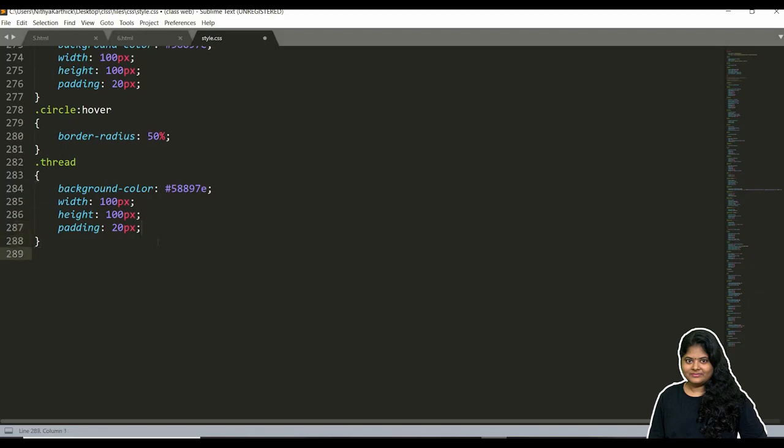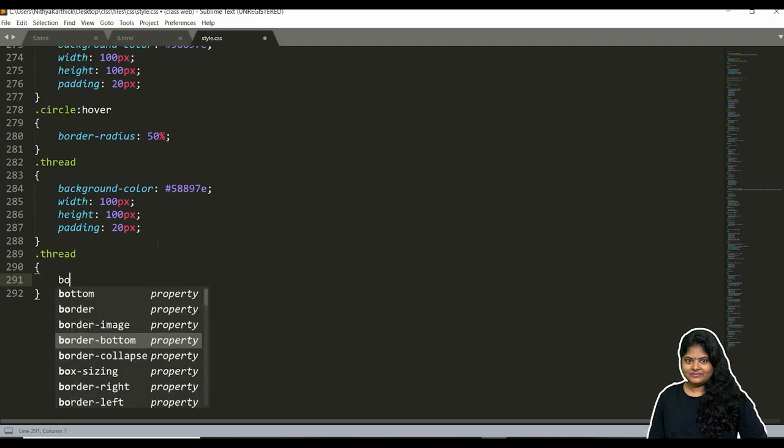Now when I mouse over this thread div, it should have a 3D effect. We have seen box shadow in the last class, and in that we gave only 2D shadows, right? X and Y axis. Now we are going to give 3D.